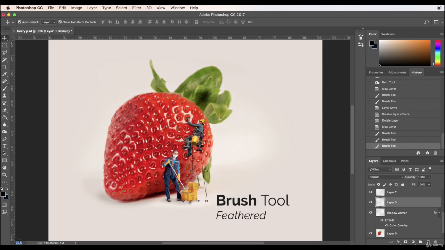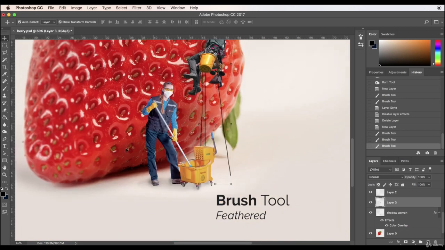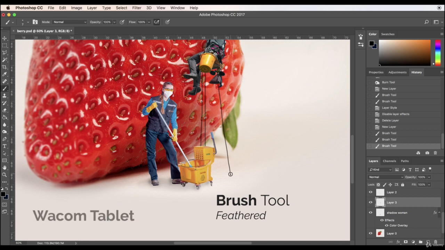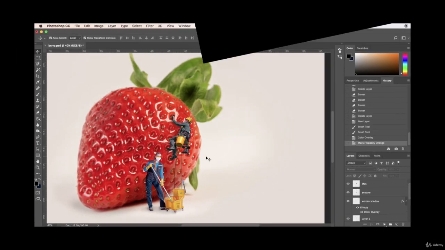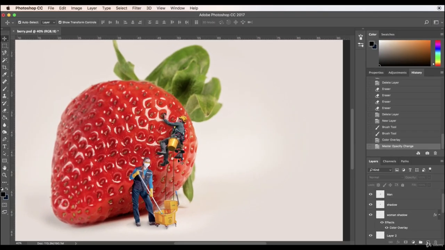Let's go ahead and zoom in and see if we can't draw a little bit of a rope here. If I had the Wacom tablet, something I could draw on, it'd make it a lot easier. That'd be our little rope, and I may need to find a picture of a rope and actually put it there. Let me see what I can do with that. So I decided to go ahead and delete the rope here. I couldn't find a good free rope image to go right here, so I'm just going to leave the 2 ropes there, and we'll just continue to play around with the characters here to make them integrate better with the